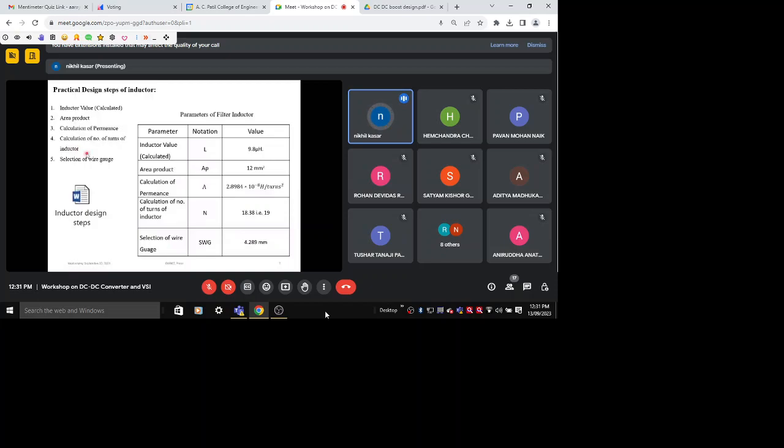कितने turns हमें वाउंड करने होंगे इंडक्टर पे, and what is the wire gauge, which conductor enameled by to wound those turns. वो turns वहाँ पे वाउंड करने के लिए कौन सा लेना चाहिए, that is a selection of gauge. Okay, so we will start,